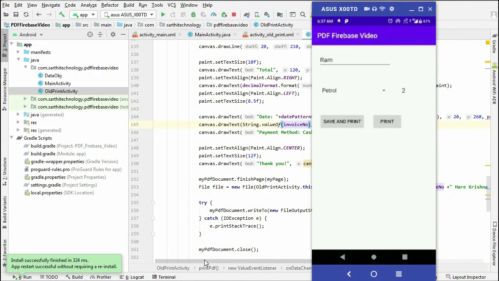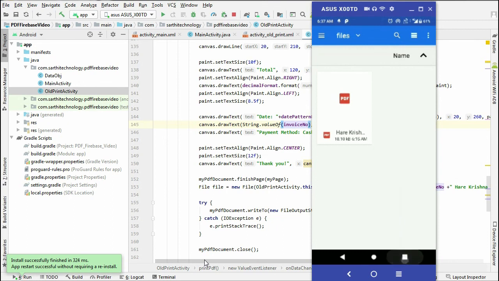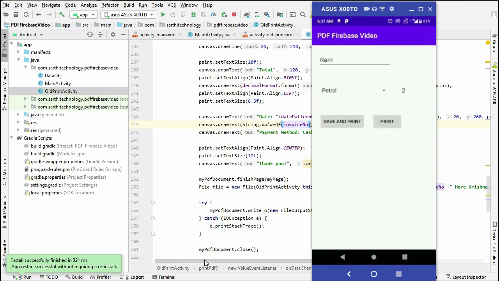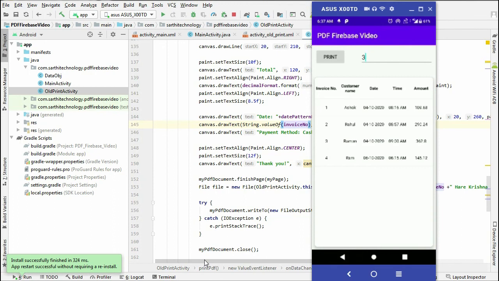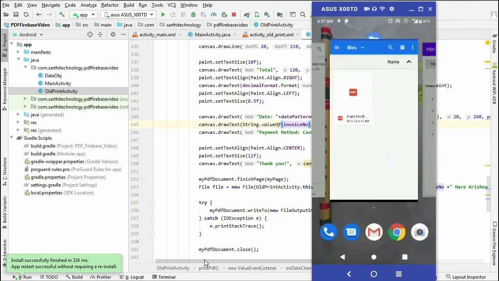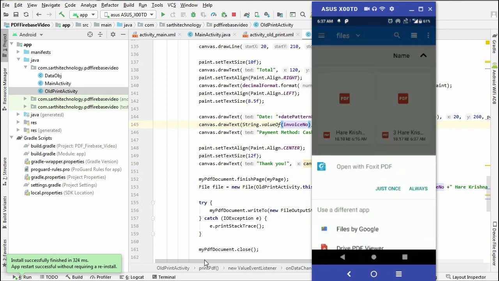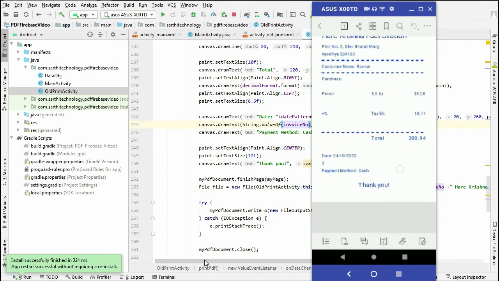Here you can see the application is running, and in the storage we have only one PDF. Now in the application, click on this print button, put any invoice number, for example 3, and print. Now you can see we have this PDF. So this is the PDF.